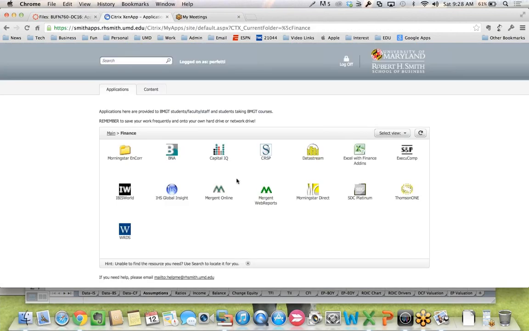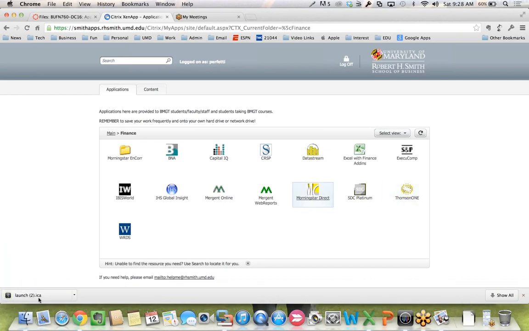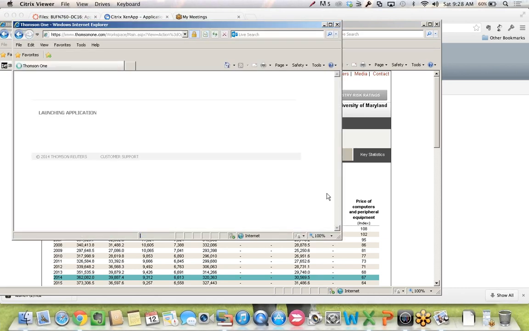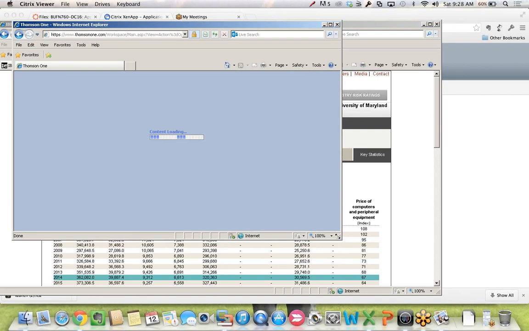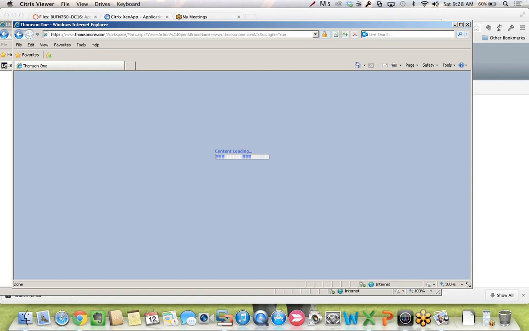By the way, the other thing that we can check in our evaluations, I'll go back to the Smith Apps portal, is Thomson One. And this is something that may help you as you're doing your evaluations. So let's load Thomson One here. Again, I don't like Thomson One's data. That's why we're using Bloomberg's data. But there is one useful feature in Thomson One for us, assuming it will load,